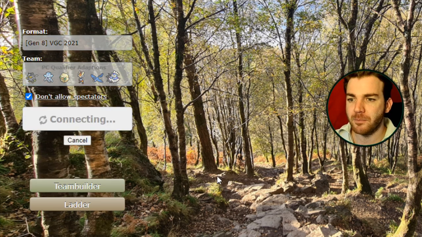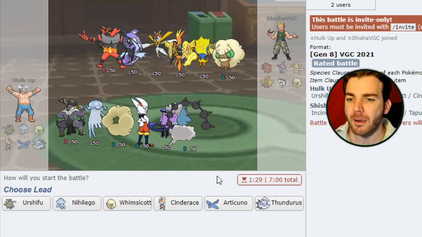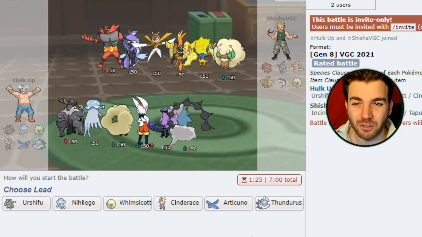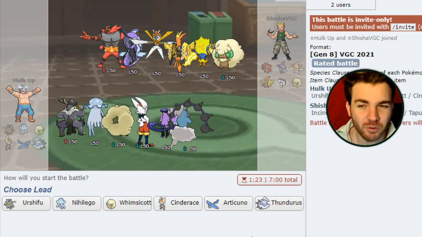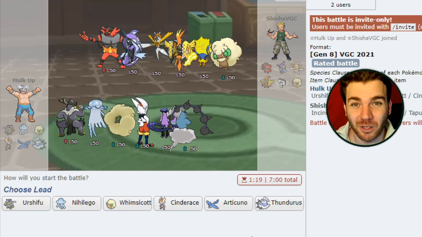format. So, I did have the Oranguru on my original team with Trick Room and Imprison with the Inner Focus. That's why I used Oranguru there. And I've replaced that with Articuno here just to see if it can do something. I have done a few test games with this, and actually I'm not impressed with Articuno at all, to be